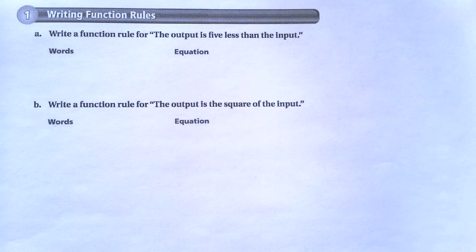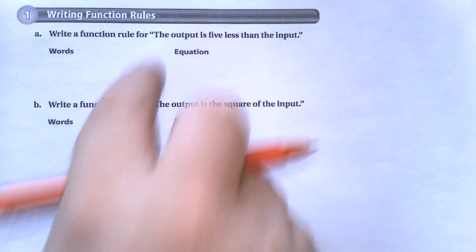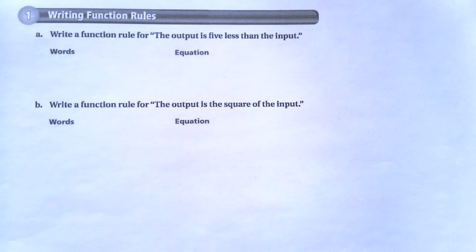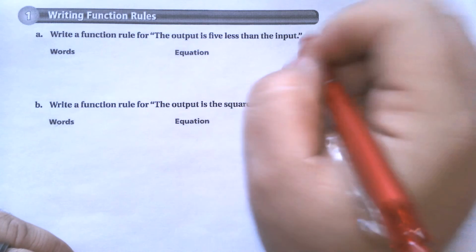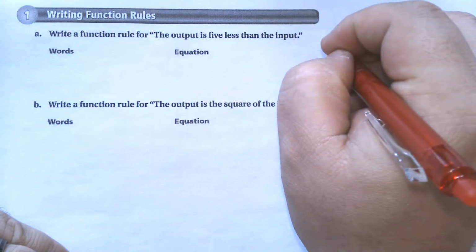Today we're going to talk about writing a function rule. Simply put, that's creating the equation from what we observe. So, if we wanted to, we could easily turn this function rule into our little mapping diagram